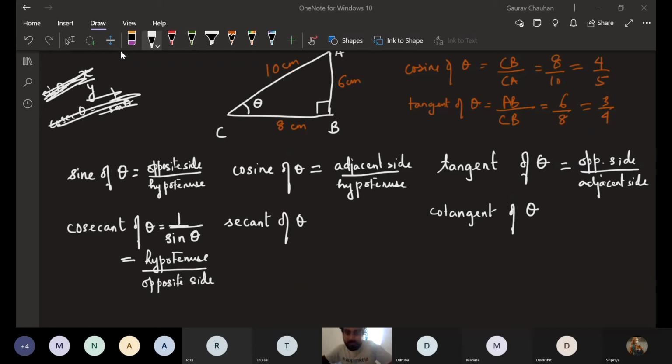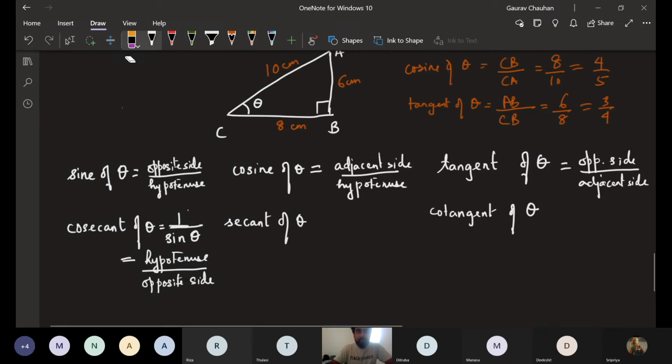I want to check with people if you have any confusion. Okay, what we did is he put the reciprocal. So if you put reciprocal, it is 1 by this whole thing, right? 1 by this whole thing means this thing comes here and it gets reciprocal, hypotenuse by opposite side. We are good so far. Anyone has a doubt in how Dikshit did this? Okay, cool. Same way, similar way. Okay, this is cosecant.